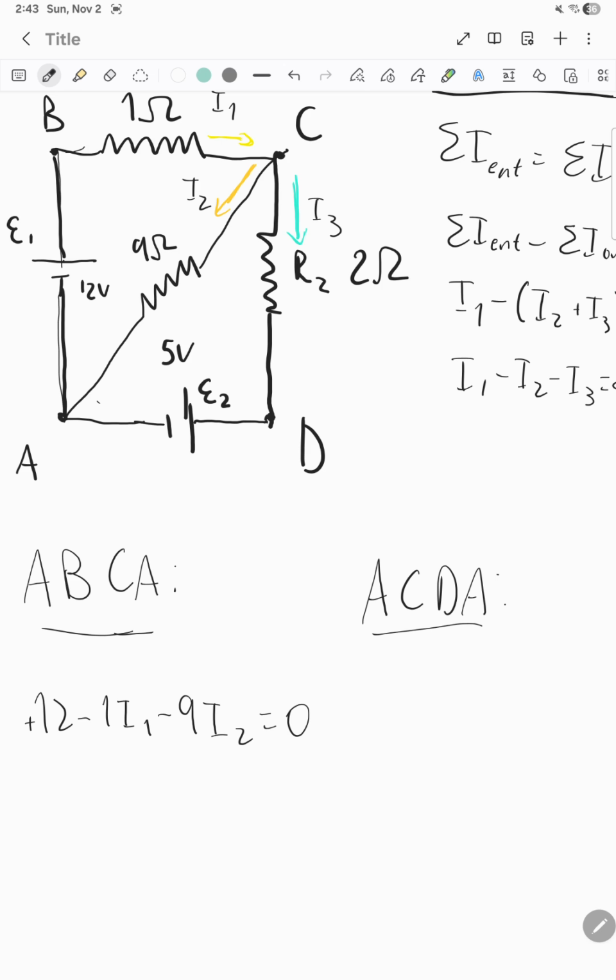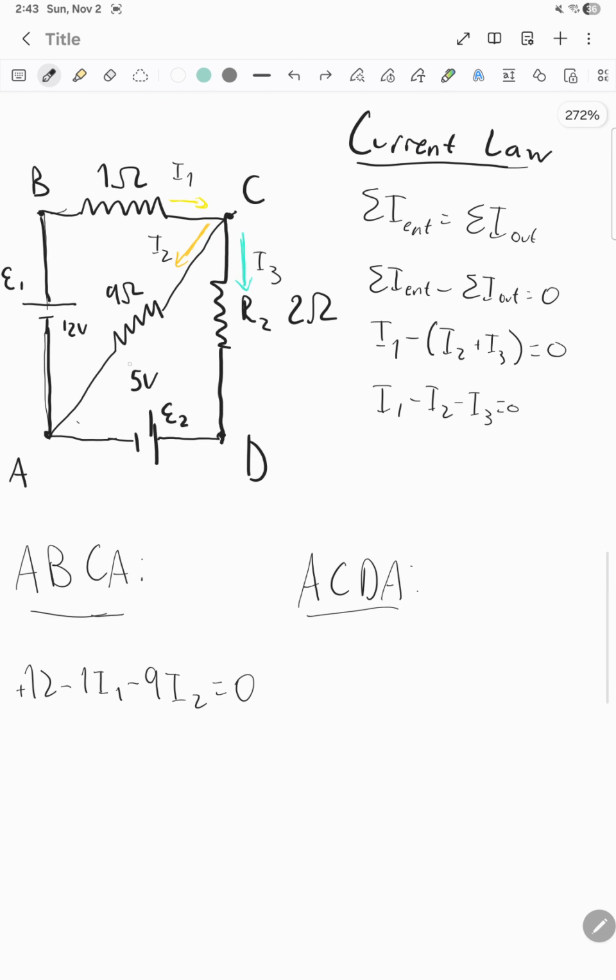So it goes like this. We'll work with orange here. Our hypothesis is that it goes like this, but it goes in the opposite way. That means that it's going to be positive here. So in ACDA, we'll have minus 9, or no, this will be 9 I2,